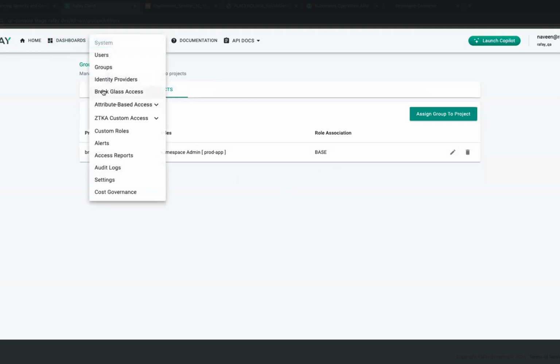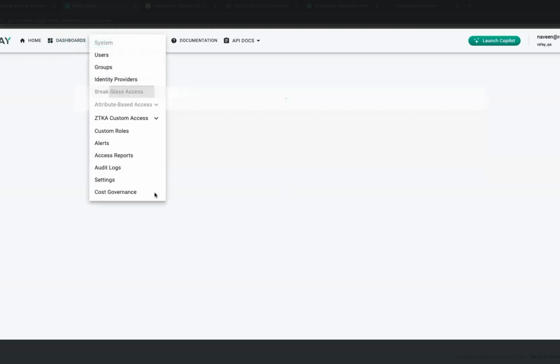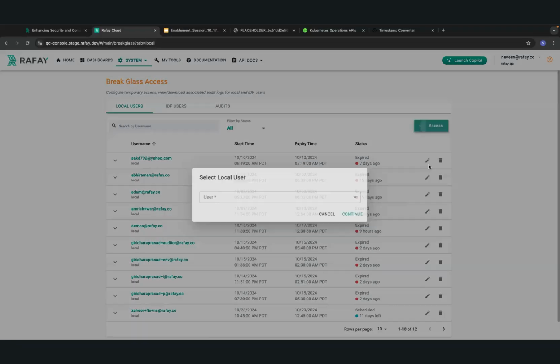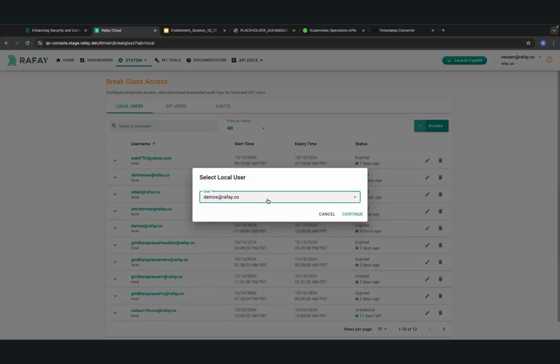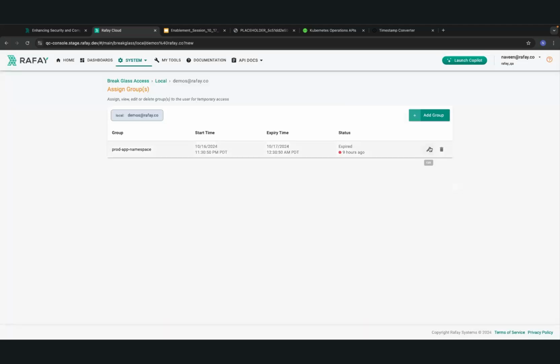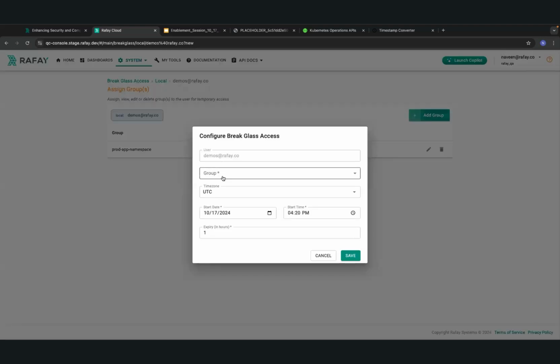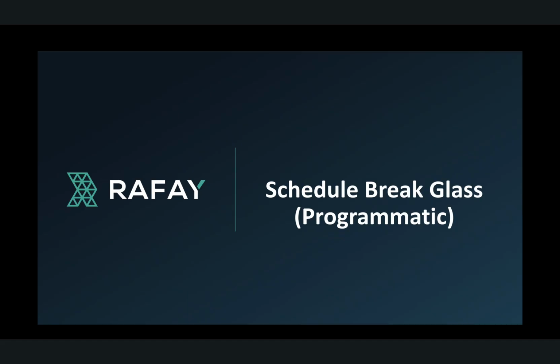Now, let's go schedule break glass. To do this, essentially, we have a menu called break glass. So we'll go to that, and I'll pick our user. In this case, it is demos@rafay.co. You can also assign IDP users. And now we go in and say, which group you want to assign it to, what time zone, the start time, the end time. Note that this can be scheduled for a future maintenance window. And once this is done,